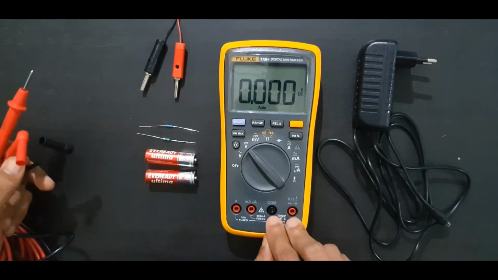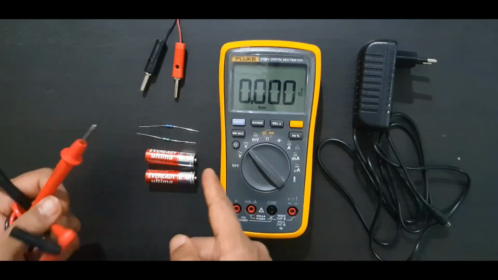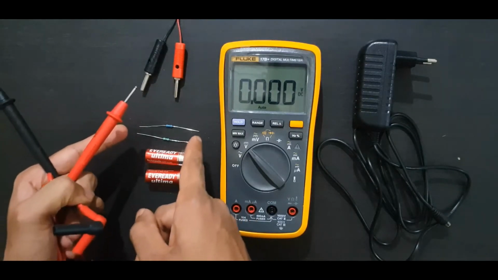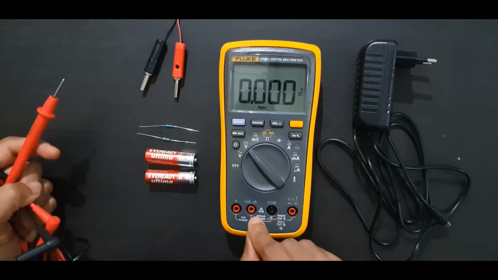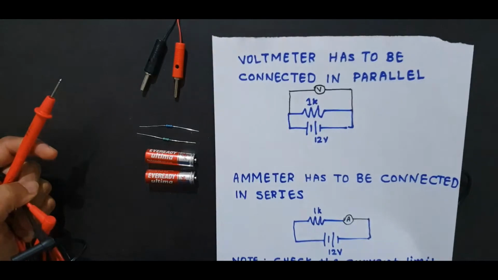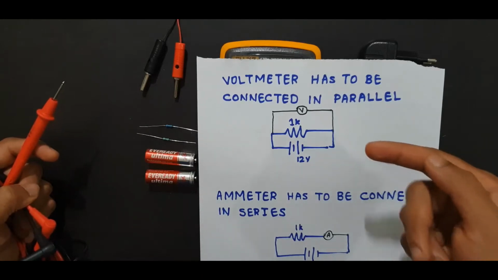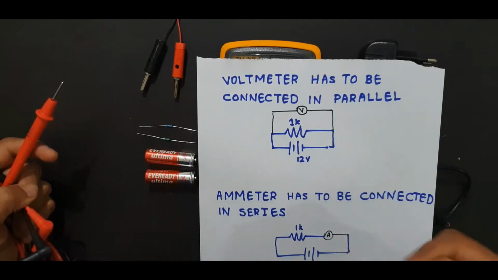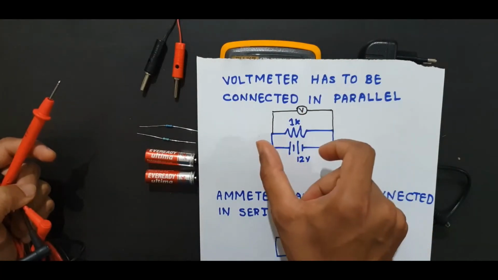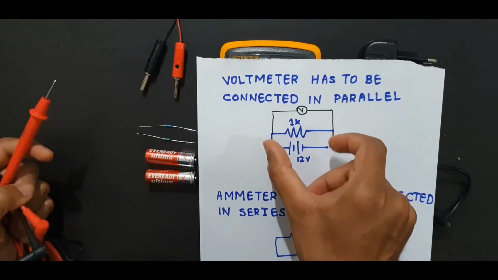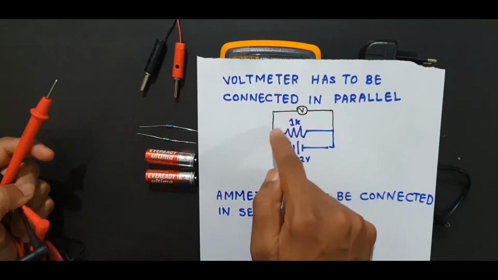For measuring voltage, you always have to connect these probes in parallel to the measurement device. In case you want to measure the current, you have to connect the ammeter in series. Let me show a little more about this, how to connect an ohm meter, a voltmeter, and an ammeter. For connecting a voltmeter, you have to connect in parallel to the respective device wherever you want to measure the voltage. So here the voltmeter is connected in parallel.